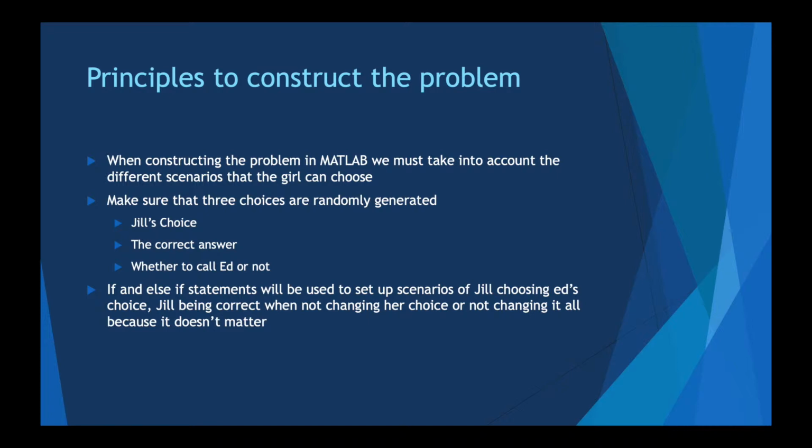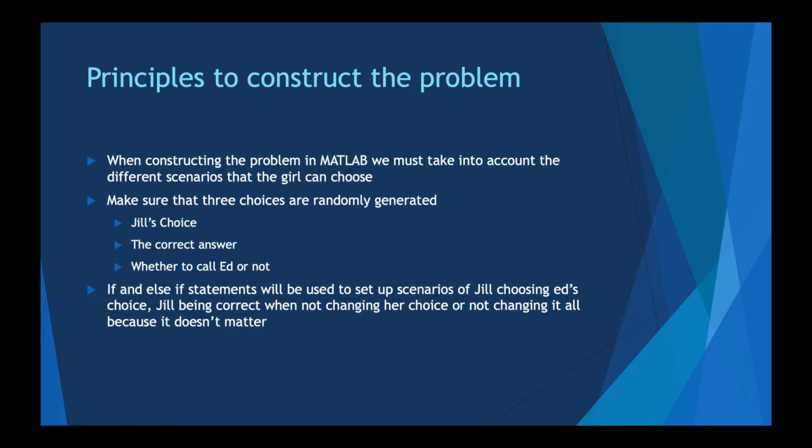When constructing this problem in MATLAB, which we will use to write up the code, we must take into account the different scenarios that the girl can choose. So that being the three choices, which are also randomly generated based on the option: Jill's choice, the correct answer, and whether to call Ed or not, and see if he's right or not. Also, since there are different scenarios that can be chosen, we will possibly be using if and else if statements and possibly a while statement